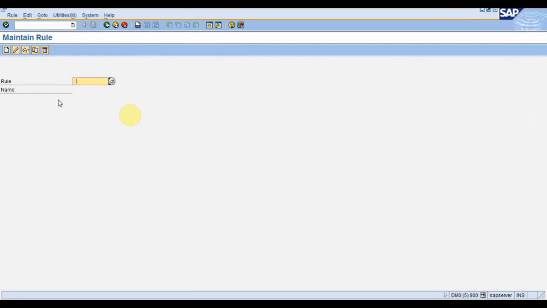Whenever we execute this rule, we have some options for how you can execute it. Suppose I am executing this rule based on some function module. In that function module, I will be fetching the agents, and those agents will by default get populated in the expression tab, and those agents will receive the work items.